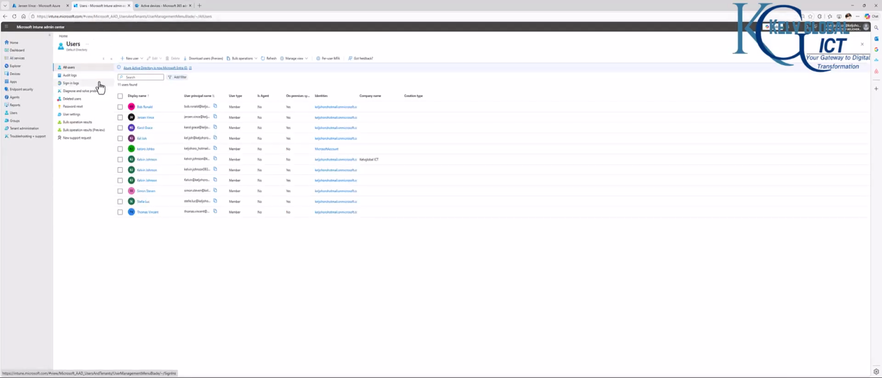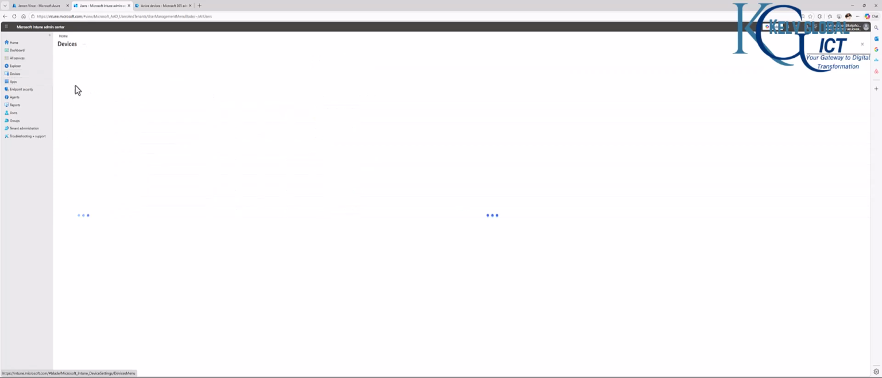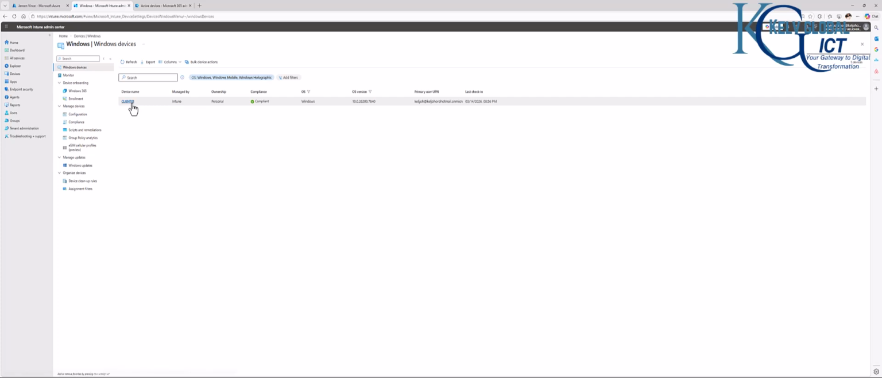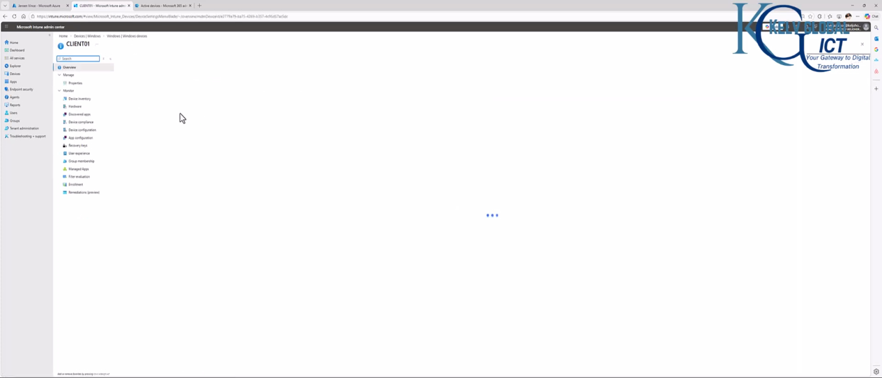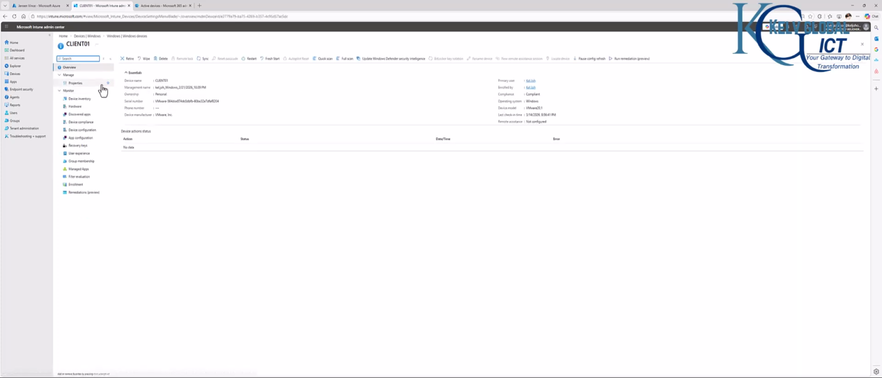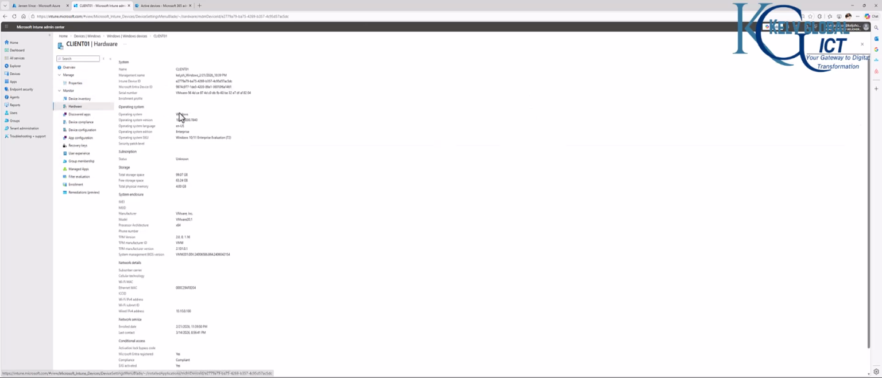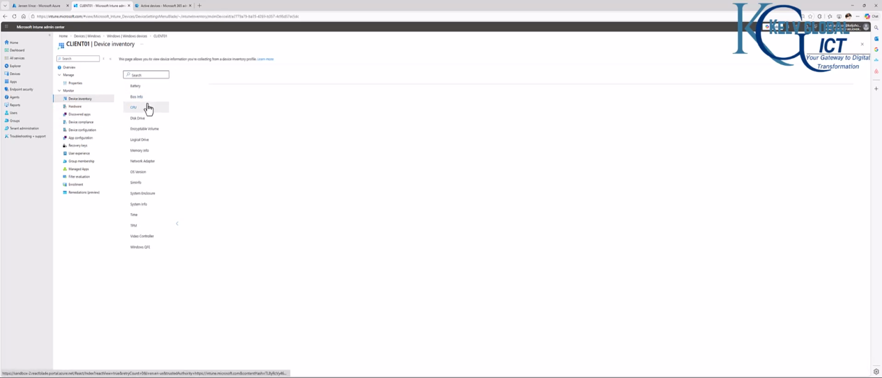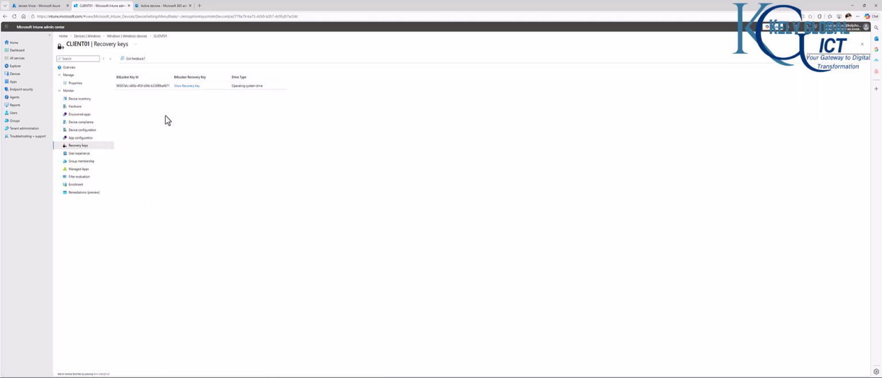And also we have Microsoft Intune. If I go to device here on that Windows device, we still have this one device, you can see it says compliance. And from Microsoft Intune, we can actually do a lot with the device. For example, we can go to hardware inventory of that device. We can check the total storage. We can do device inventory to check, for example, battery, BIOS, CPU, and even the recovery key. In case the user lost his BitLocker key, we can do show recovery key to see the recovery key